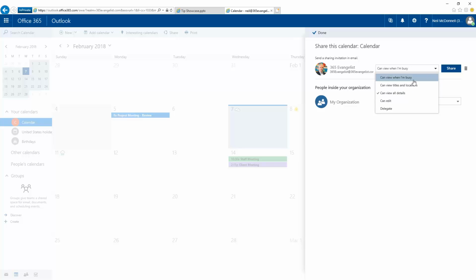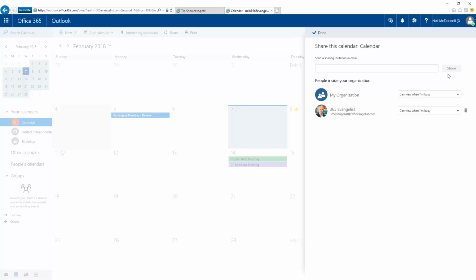And they can also begin to get smaller bits of information, so view titles and location. It doesn't allow them to see the body of the message in case there's maybe a little more sensitive information in there. And then the last one is can view when I'm busy. If I give people access to that, it just means they're able to see that I can't have, like right now, if you look at my calendar on the 14th here, the green and the purple show that I'm busy from 10:30 basically till 2:15. It would show that to the person I'm sharing this calendar with, and they can schedule meetings around that time. So anyways, you choose what you want them to be able to do, press share, and it adds it in,